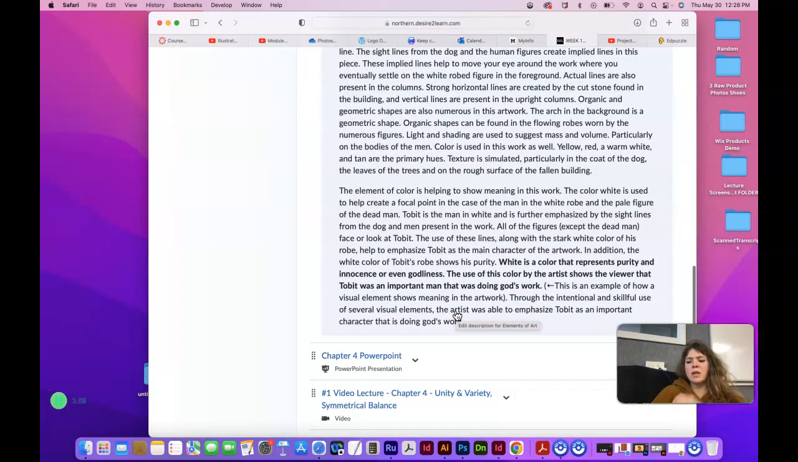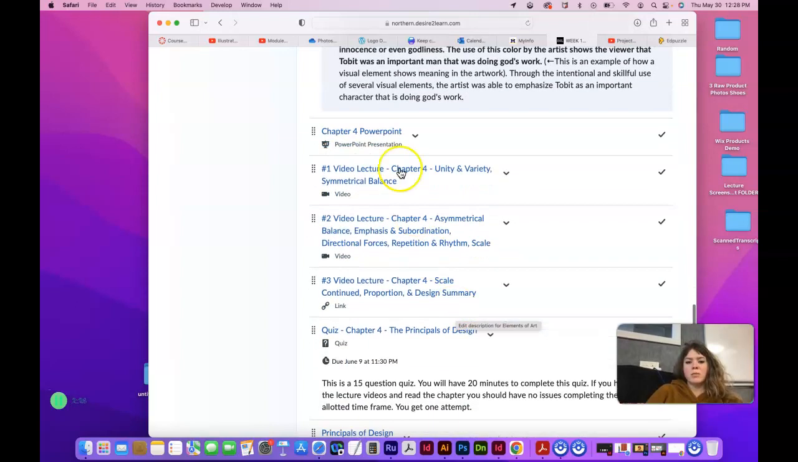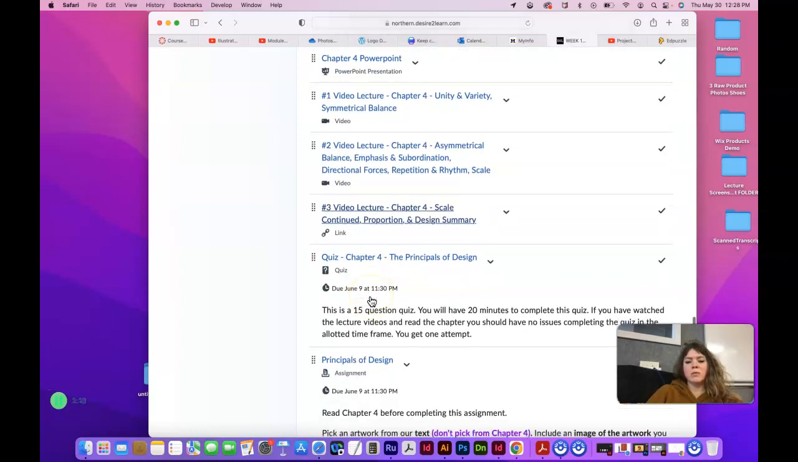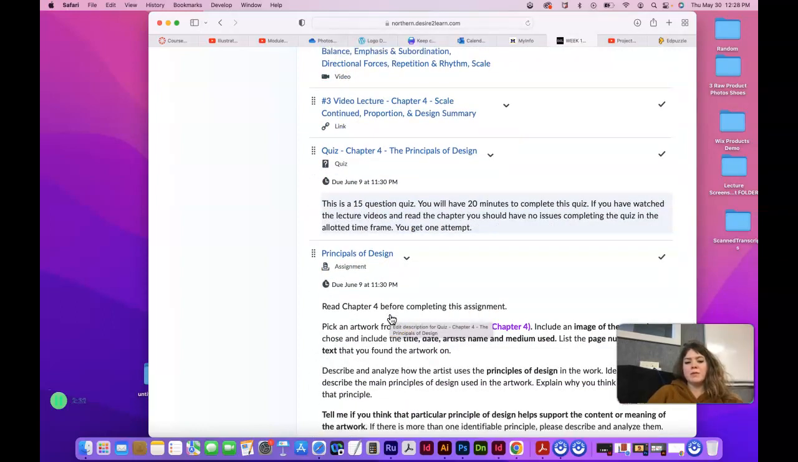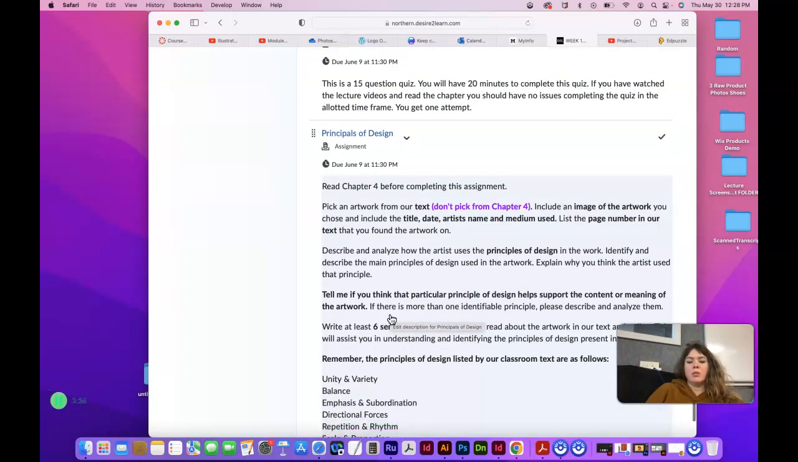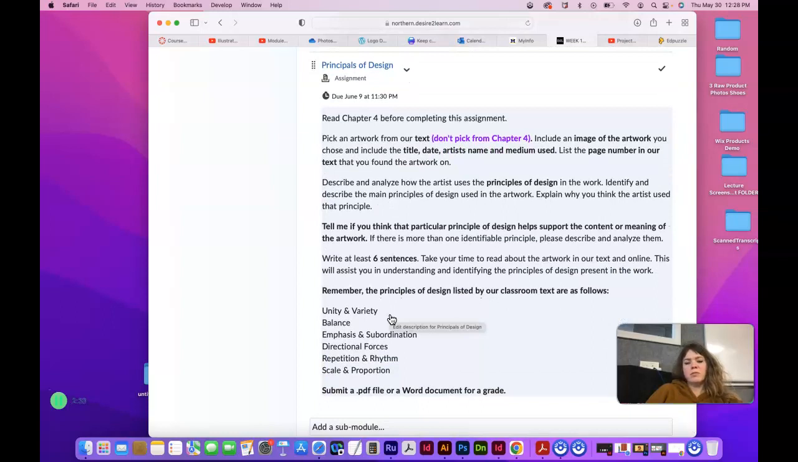You really want to understand the elements of art and how they are used and why they're used by an artist, and how they're creating meaning in the artwork. So you do need to really focus on that and get that down and explain that well. So chapter 4 PowerPoint, lecture videos on chapter 4, quiz, and then we have the principles of design, and these are different, but this is similar to the elements